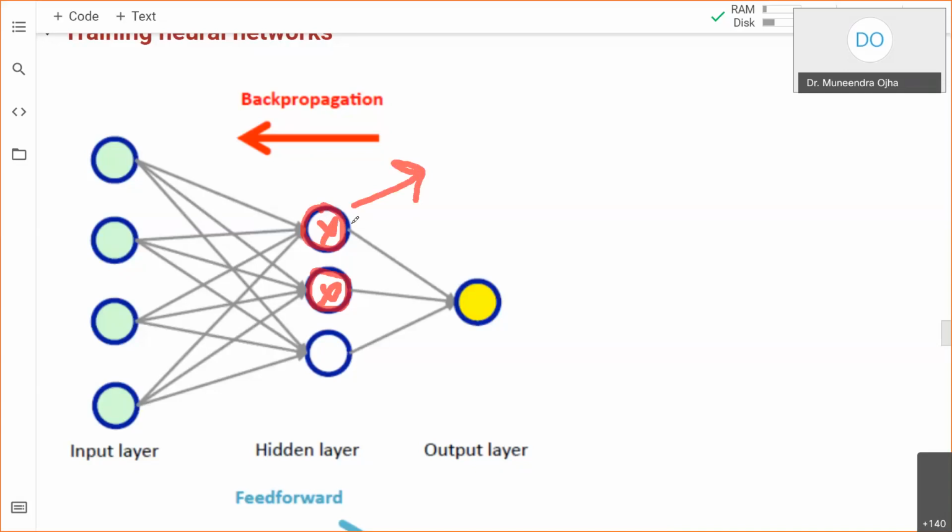Sir, then what is the benefit of placing so many neurons in the hidden layer if we don't want to train all the neurons equally? No. We are training all the neurons, but I don't want my neural network to be dependent on any given neuron too much. That is avoiding overfitting. So you see, there is a fine balance between underfitting and overfitting. I want my team to be very efficient, but I don't want to be dependent on a single